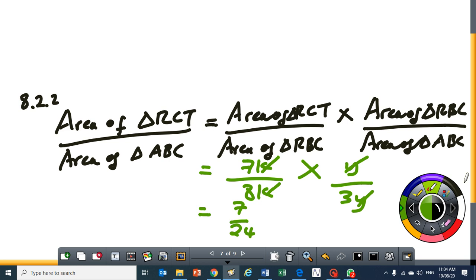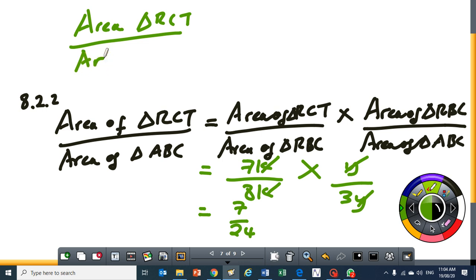For this question, what I would suggest is to write, have another step somewhere, which is this. You can write area. You have to write this somewhere on your solution. The area of triangle RCT over the area of triangle RBC is equal to